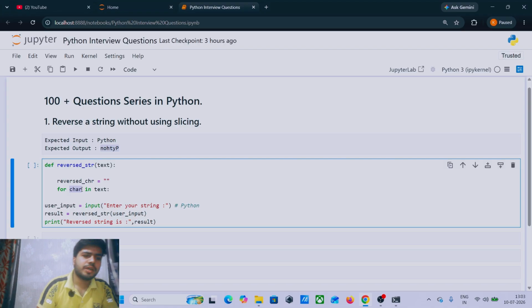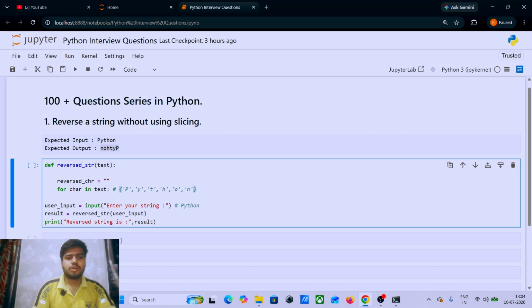This for loop runs letter by letter, so the Python string will run like this, word by word.